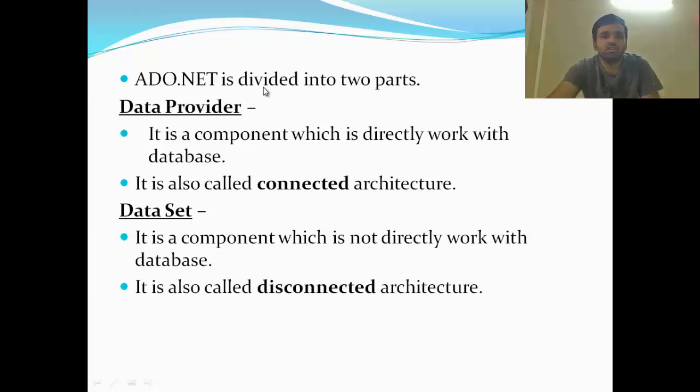Here we can see ADO.NET is divided into two parts: first data provider and second dataset. Data provider is a component which directly works with database, and dataset does not directly work with database.